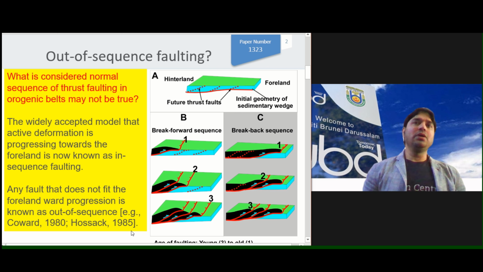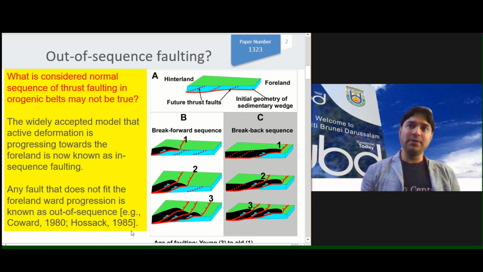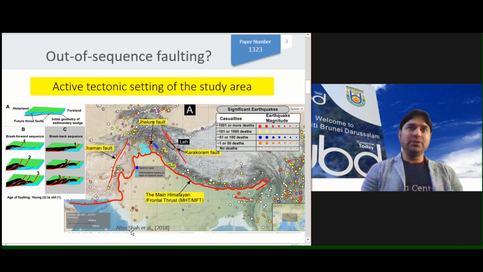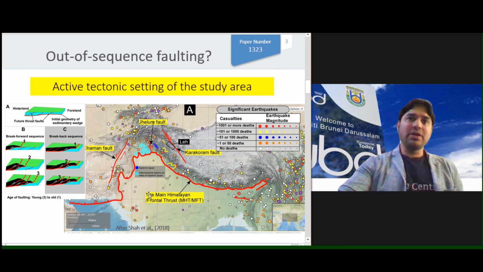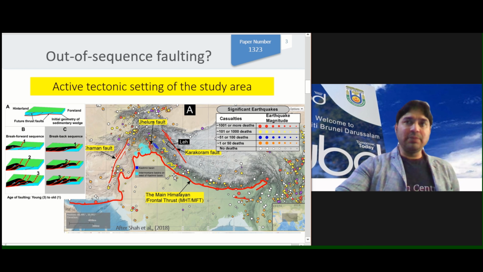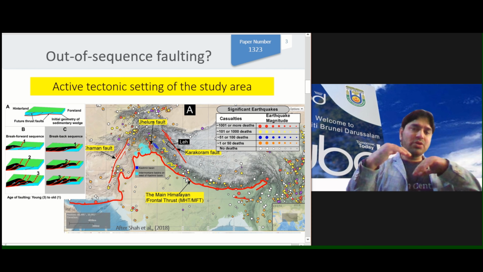So for the rest of the talk, I'll be taking you through some examples from the northwestern Himalayas, and in fact if you go to any orogen you will see a similar sequence, and we'll try to understand whether it makes sense or not. Here is our example of the active tectonics of the northwestern Himalaya. For people who are not from this area, this is India, and India is colliding with Eurasia. As you know, in the past there was an ocean; the ocean is closed, and now the two continents are in collision.